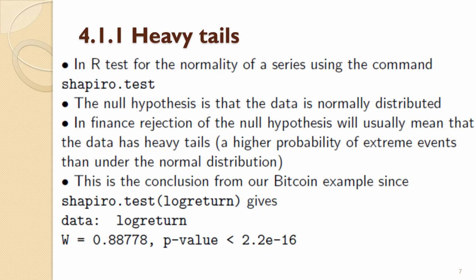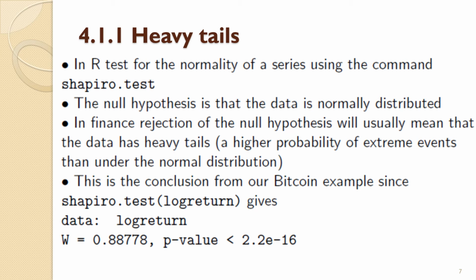Okay, and you get this conventional interpretation and finding if you look at the Bitcoin data. For our Bitcoin data, if you apply this function, Shapiro.test, to the log return series, this gives you a p-value of 2.2 times 10 to the minus 16, which is less than 0.05. So as we've seen before, you would reject the null hypothesis and conclude in this case that you've got evidence against